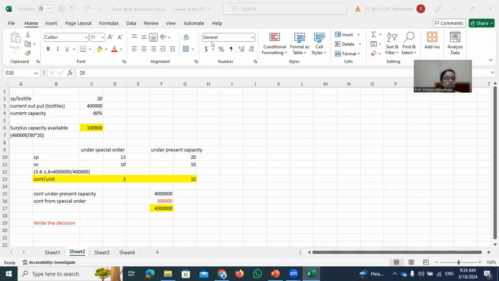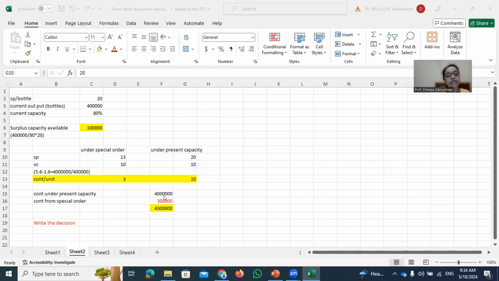I want to ask that we mention contribution, current variable cost and fixed costs like that in the answer. Should we mention each and everything in our presentation, point by point, like contribution, and capacity at 80% is 100,000 quantity? Yes, that's important, because surplus capacity is important to decide